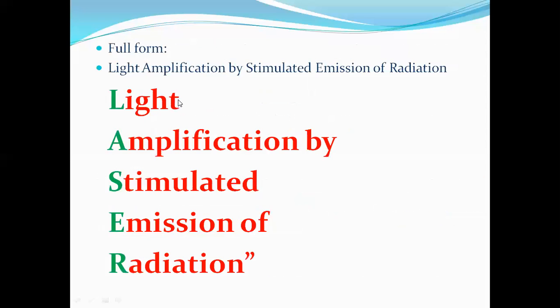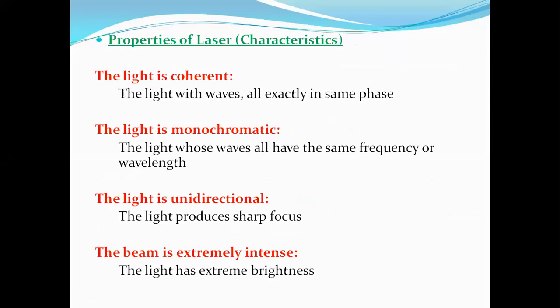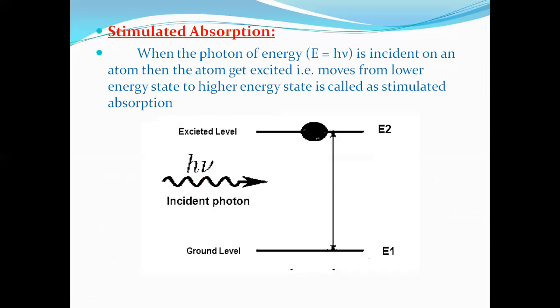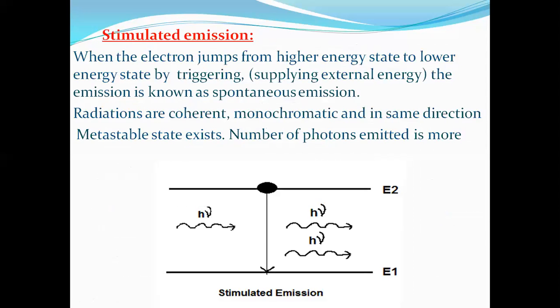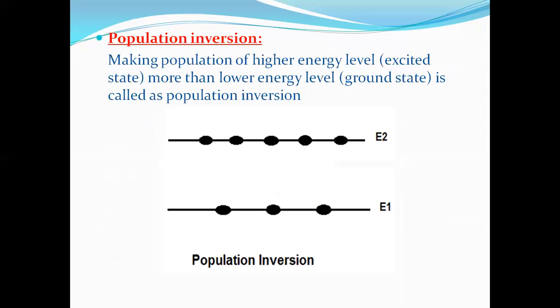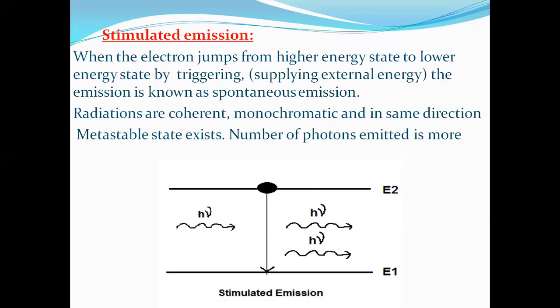See, this is the full form of laser: light amplification by stimulated emission of radiation. L for light, A for amplification, S for stimulated emission of radiation. Now exactly what are the properties? Coherent, monochromaticity, directionality, and extreme intensity. Then the stimulated absorption, spontaneous emission, and stimulated emission. Exactly that we consider by using the